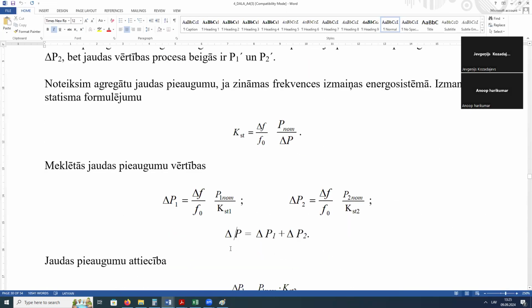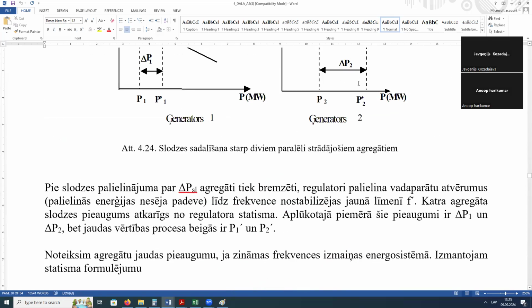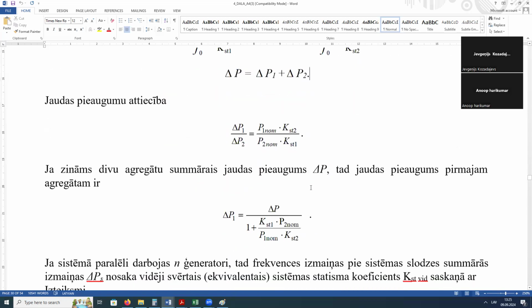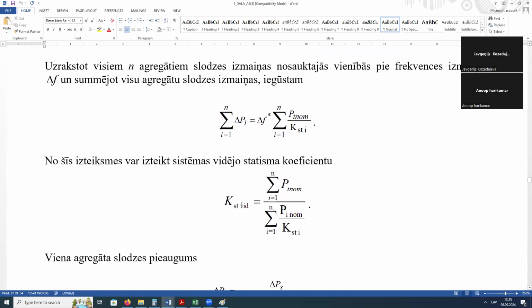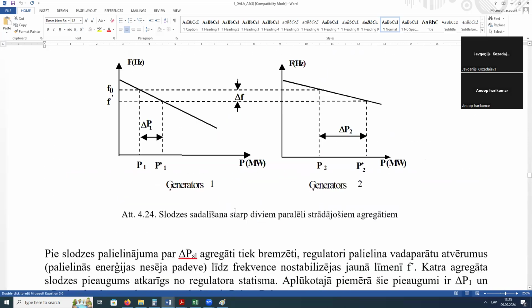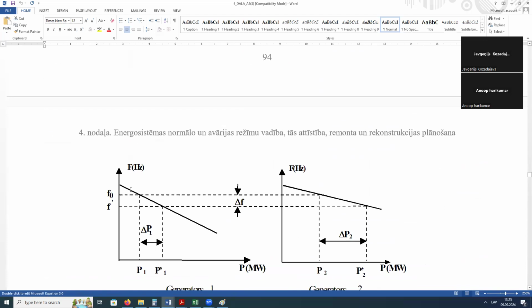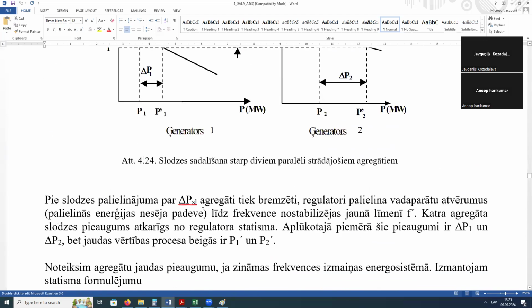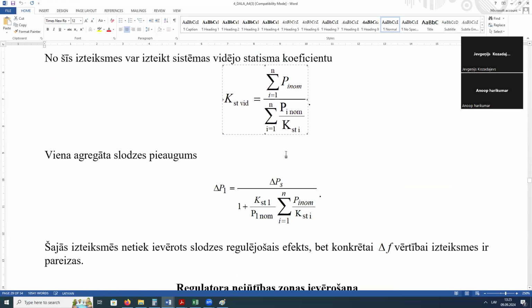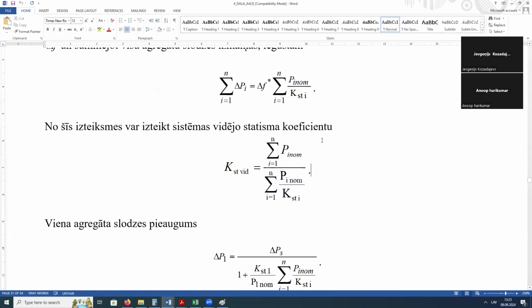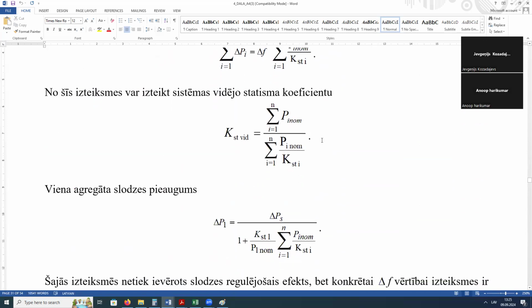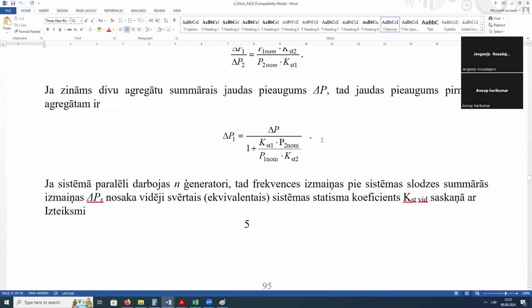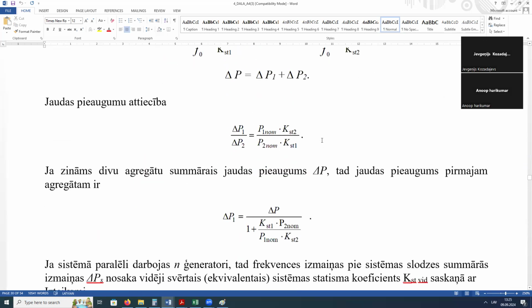As is clear, the total difference in power is equal to delta P1 plus delta P2. And if we need to calculate this curve for the united generator, this formula is how it is calculated. And if you want to calculate the total deviation,